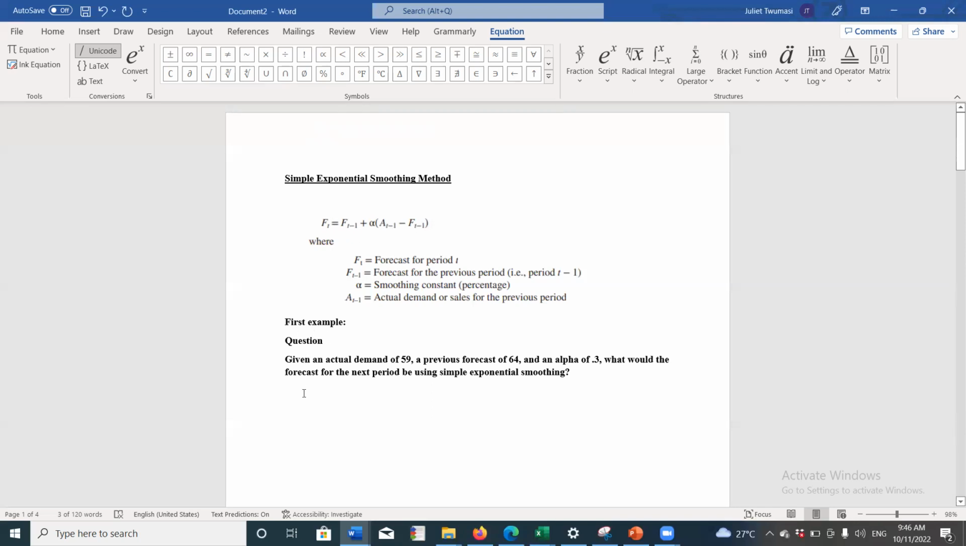So per this example, given an actual demand of 59 and a previous forecast of 64 and an alpha of 0.3, what would the forecast for the next period be using simple exponential smoothing? So with this,